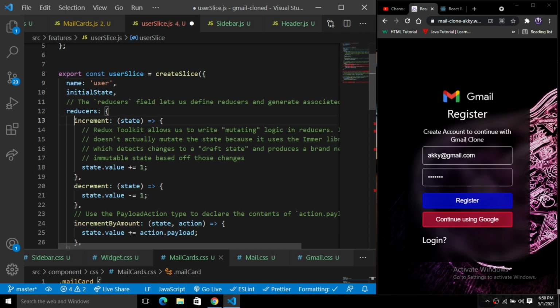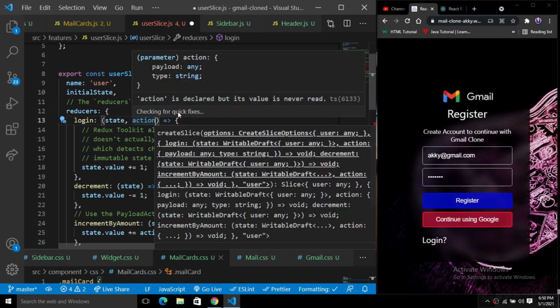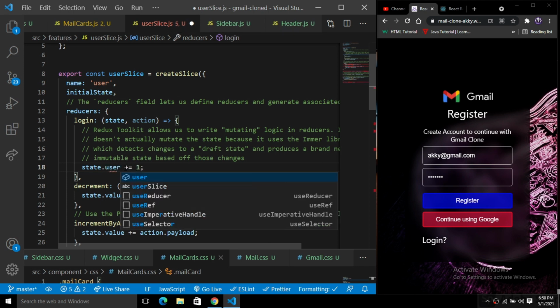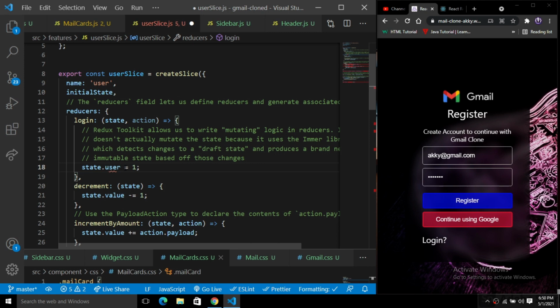So instead of this increment, we have a login reducer, right? It takes two arguments, one is state, another is action. Next we have state.user, which basically has the initial state.